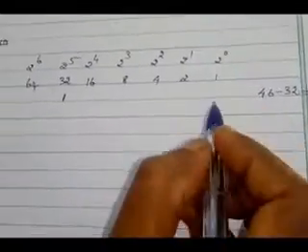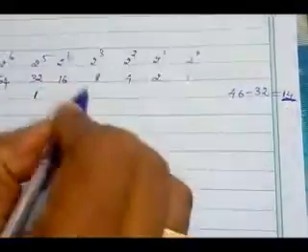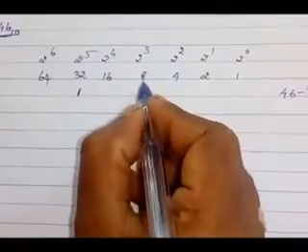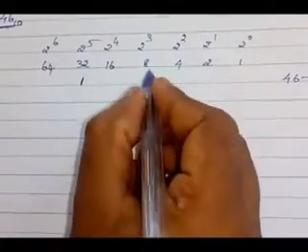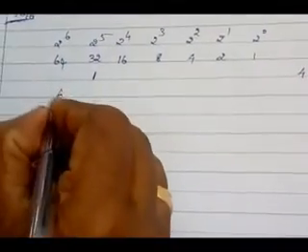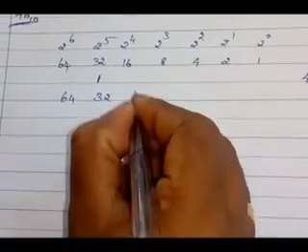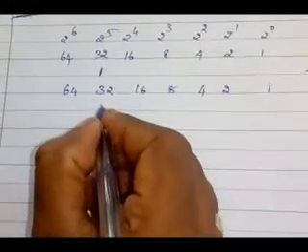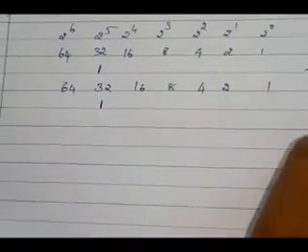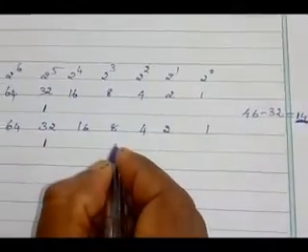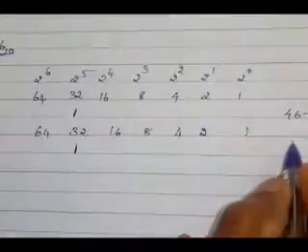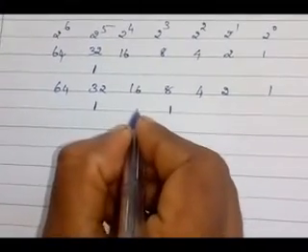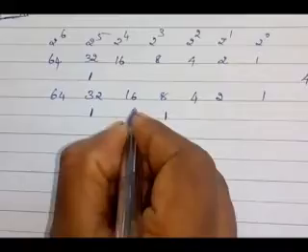Now we have to see which is the highest number less than 14. Here these numbers are less than 14, which is the highest? 8 is the highest. So you have to put 1 there. Once again write the steps like that: 64, 32, 16, 8, 4, 2, 1. Here 32 is already set to 1. Now you have to set 1 where 8, because less than 14, 8 is the highest. So set 1 here. Here one blank space is there. In this place you have to put 0.